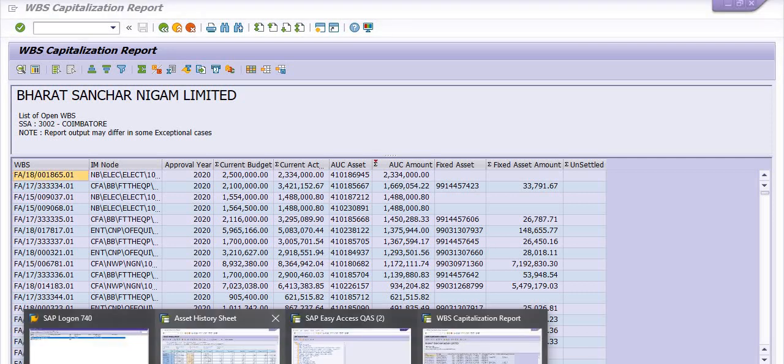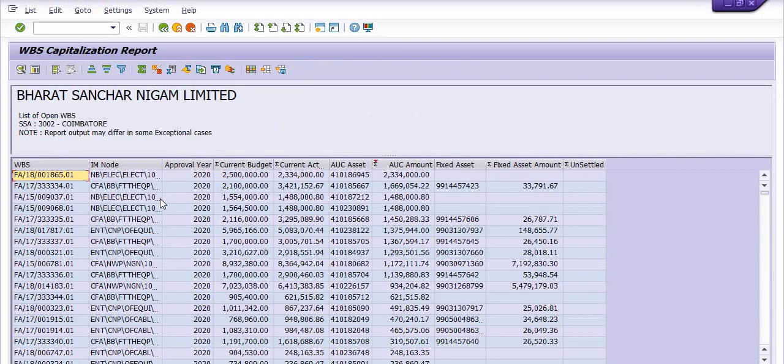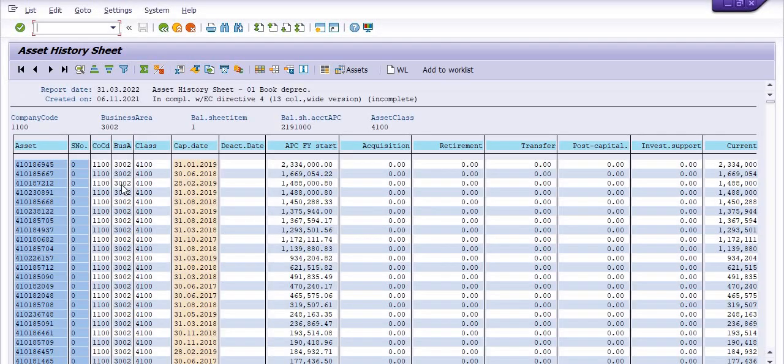In our AR02 report, this is 2334000. 166904 is the respective CWIP asset, and this is the respective WBS. This is the IM node, and this is the budget amount. And this is the second highest CWIP value, 1669054. In your AR02 report, this is 1669054.